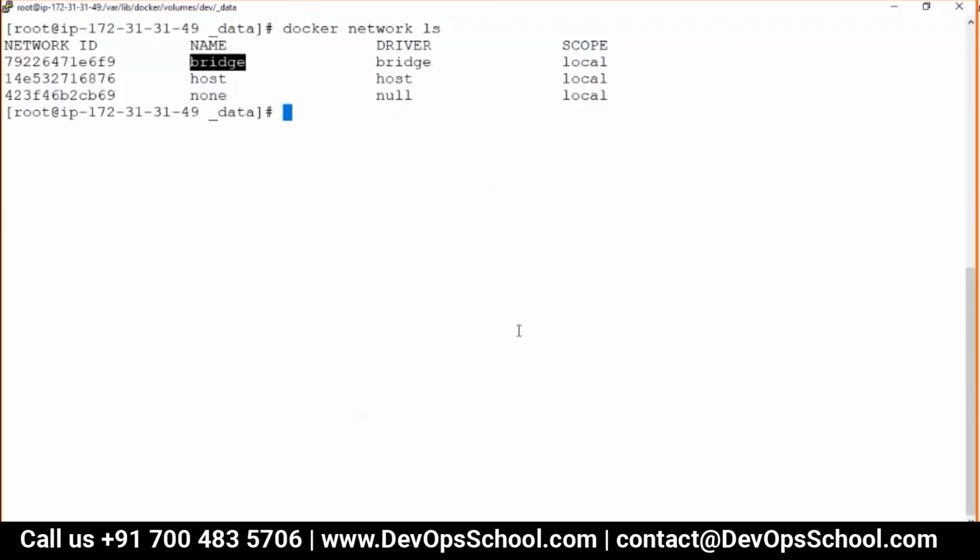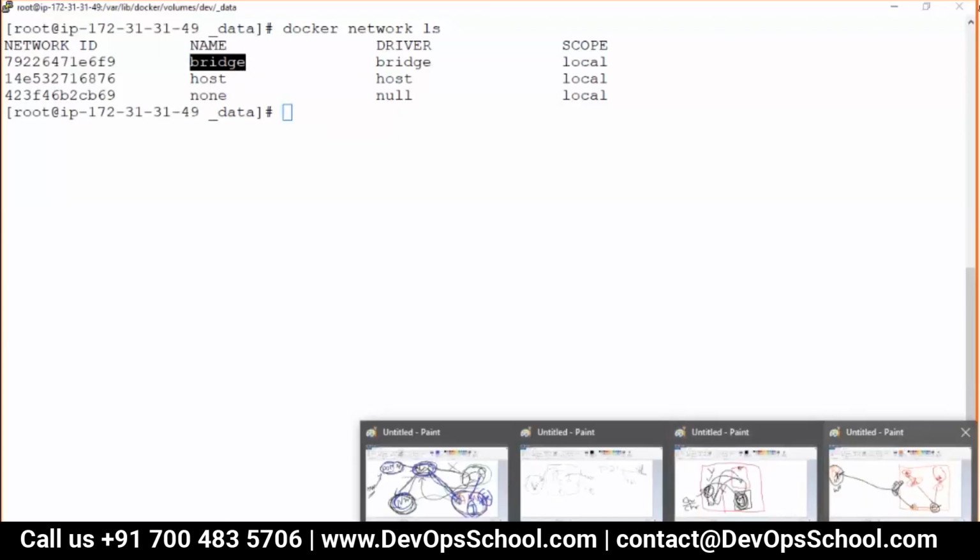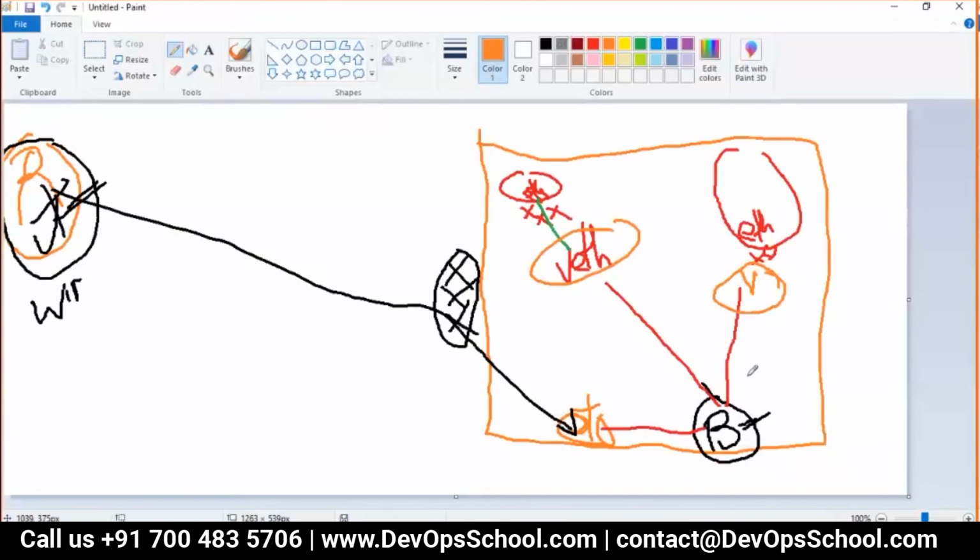So guys, now the question is, how can you take advantage of Docker networking and stuff like that?